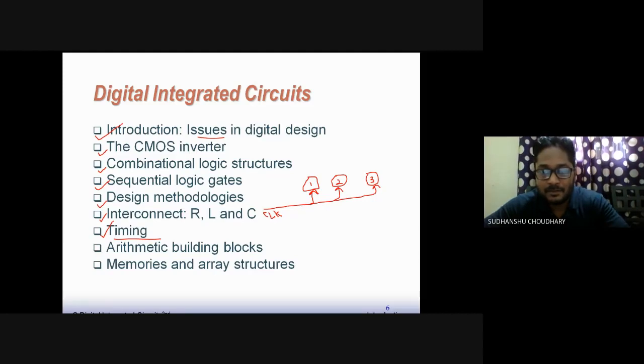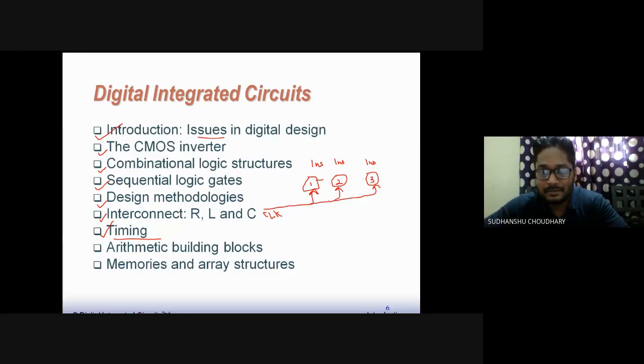Because the clock is coming here early, we want the clock to arrive at all these 3 components at the same time. So there is some sort of delay and there is a mismatch. Obviously this delay is not acceptable, because the output of this gate will come at some instant, let us say at 1 nanosecond, and at the same 1 nanosecond I want the output to come from 2 and 3 also, right?